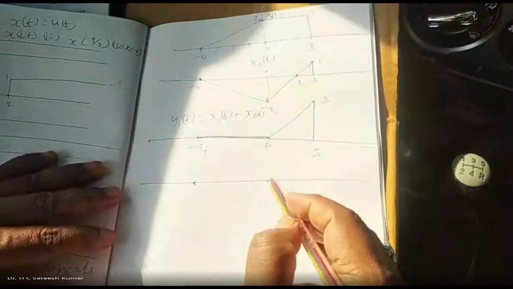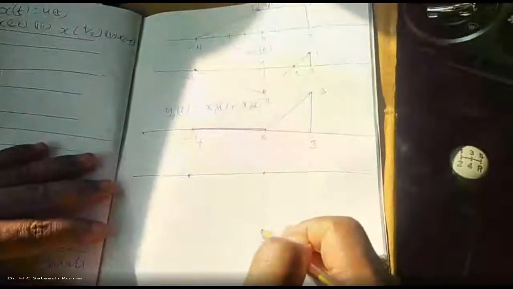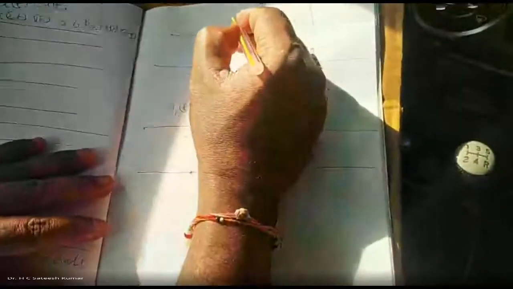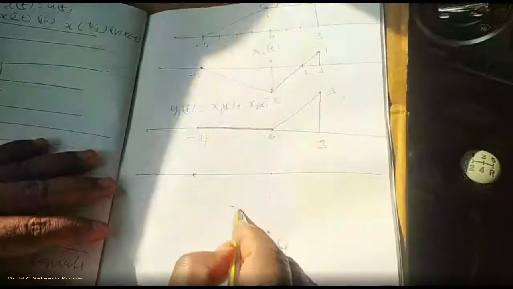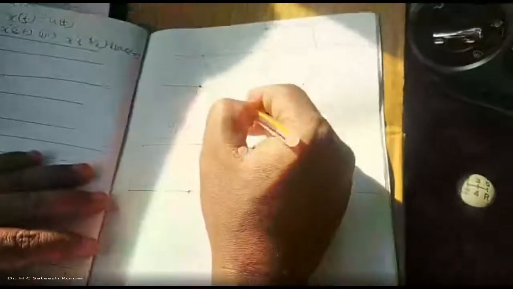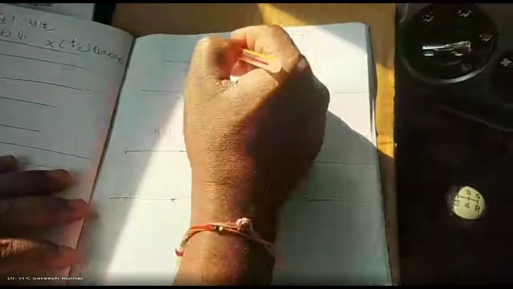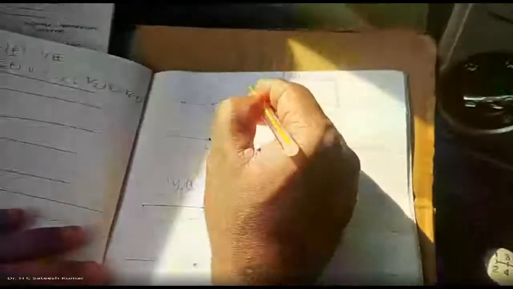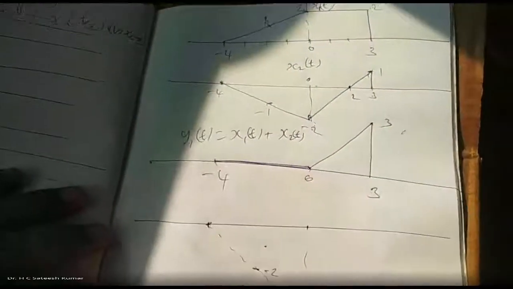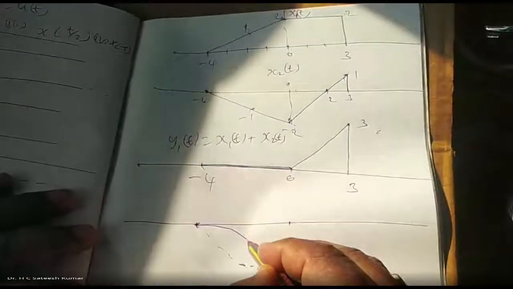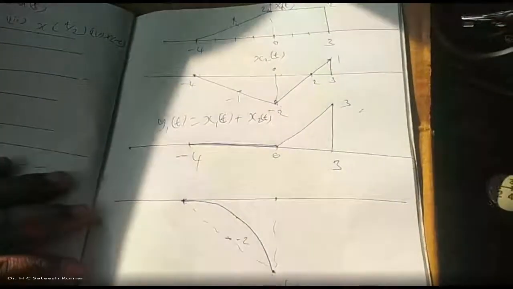So the parabola, which side will it come? Either it should come this side or it should come this side. Which side should it come? I'll check it by going half the way. See, if it is half the way on a straight line, you will get -2 here. Now I will multiply it. Let us see what will happen. -2 means half the way is -1. This is +1. So -1 into +1 is what? -1. -1 will come here. So therefore, the parabola would be coming this way. Okay, right. Next.